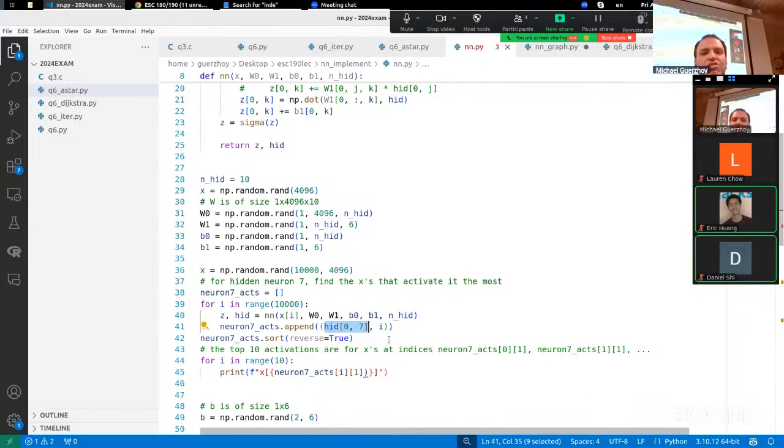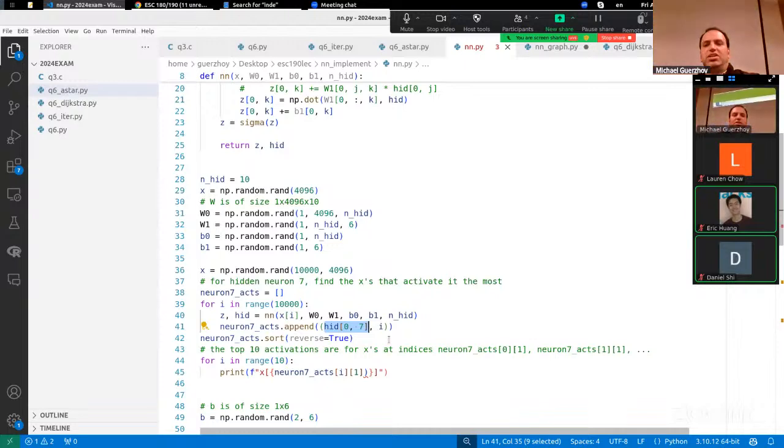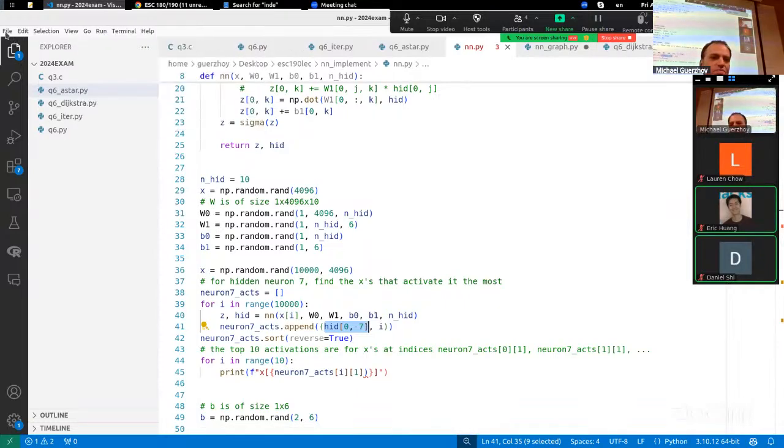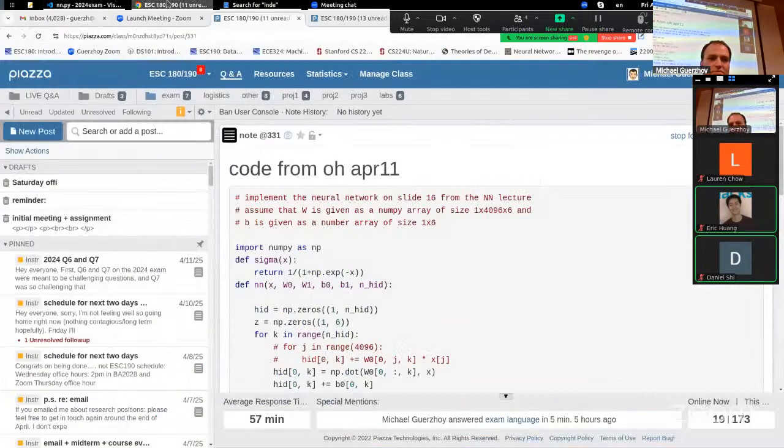Let me do Dijkstra first because it kind of goes nicely with Q6. So, going back to